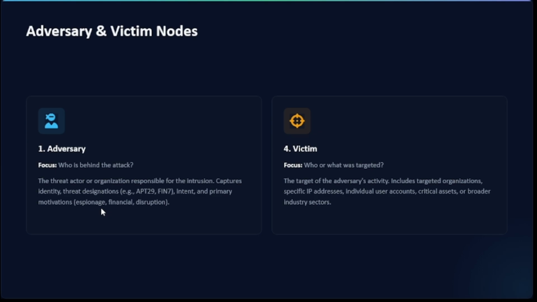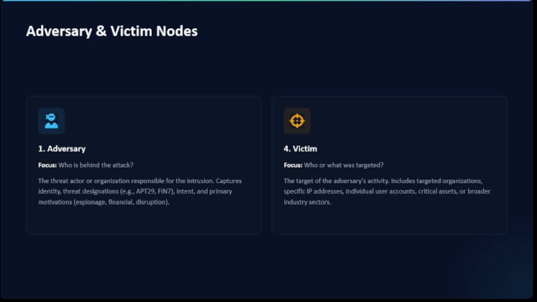Are they performing corporate espionage, stealing corporate secrets? Is it financial? Is it just pure disruption? Is it ransomware? All that falls under adversary to give you an insight into what that threat actor is trying to do. And it does play into the MITRE ATT&CK